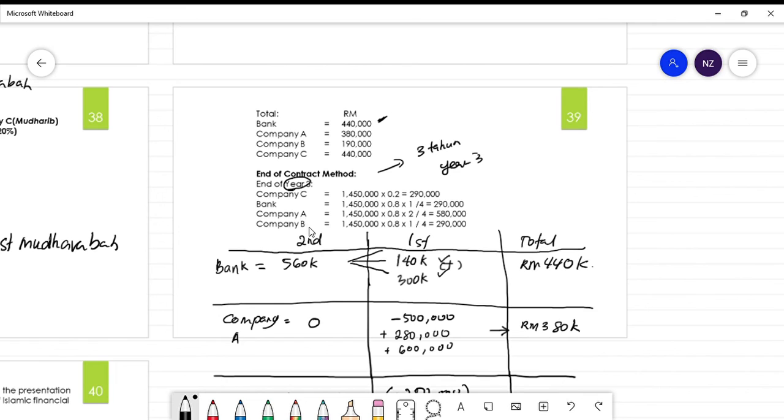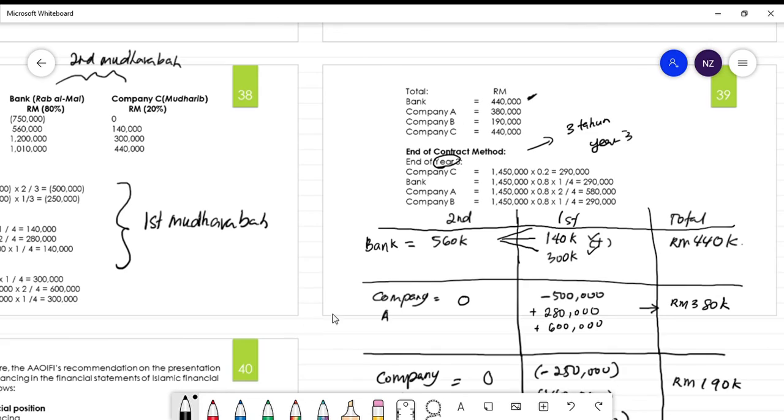Same goes to A and B lah, sebabkan bank ni pun receive profit from C, so dia kena times with the profit ratio of the bank punya ratio of the second mudharabah bank dengan C tadi tu. So dia times with 80%, B pun dia times with 80%, and then dia times with the ratio for the first mudharabah contract, 2/4 and 1/4. So this is profit yang diorang dapat at the end of the contract. Dan so itu adalah